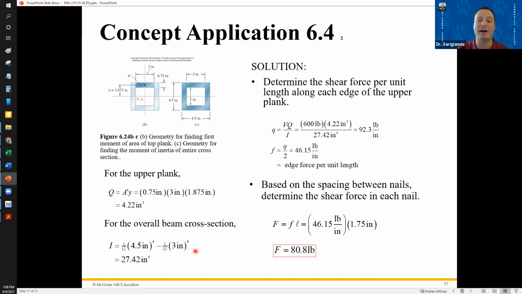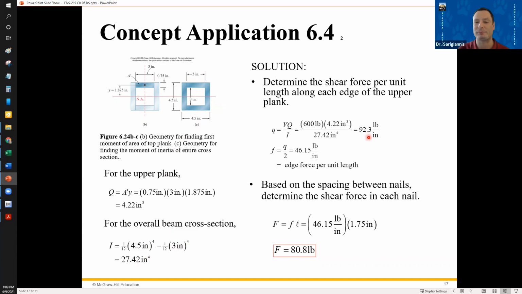Minus, we're taking away the hollow center. Minus 1/12, 3 inches to the fourth. So you wind up with 27.42 inches to the fourth. You plug these numbers in and you get a force per unit length of 92.3